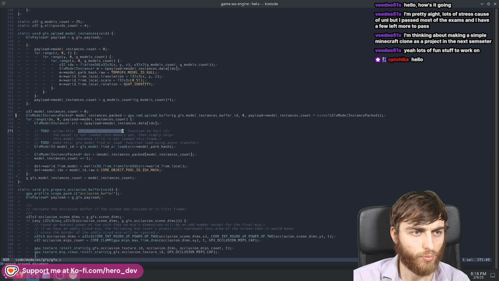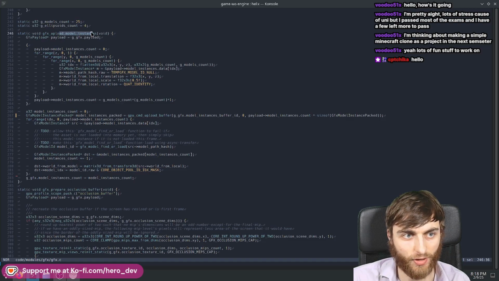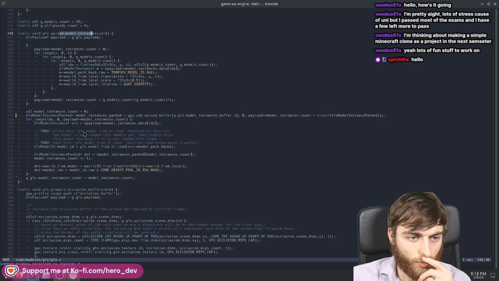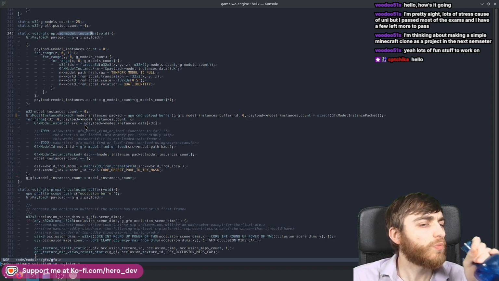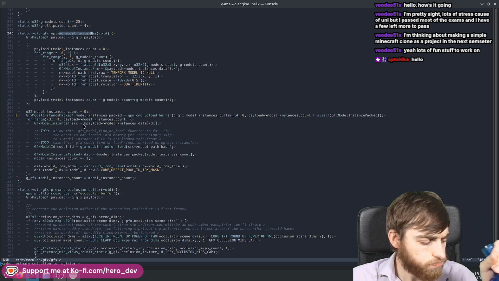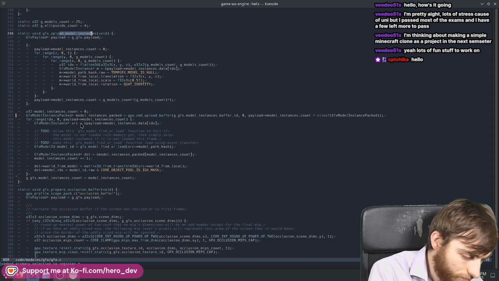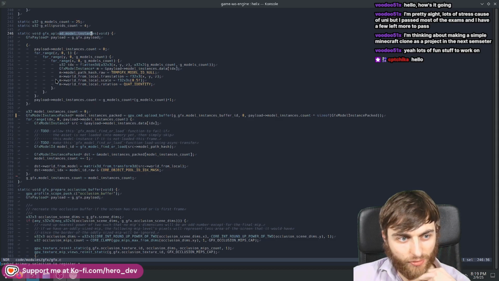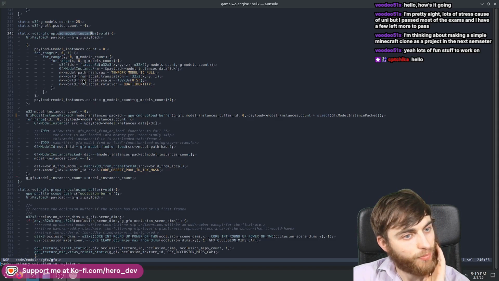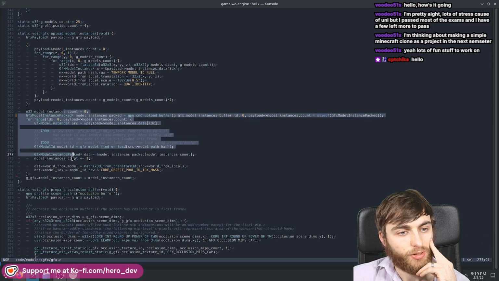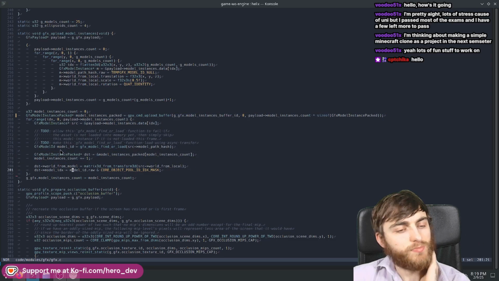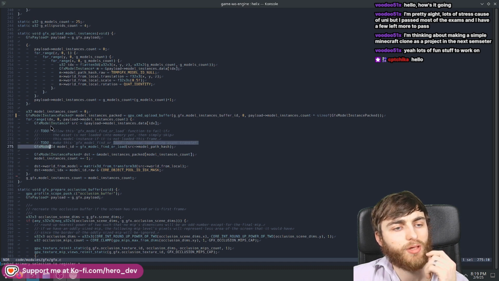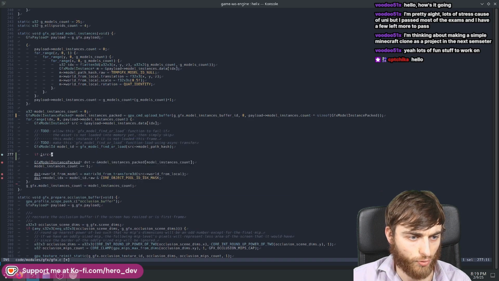So now when we do this upload model instances at the start of the frame, we are going to, so yeah, this is just code generating some instances that will be passed from the game in the future. This goes and uploads them, and it should skip them if they're not loaded. So what we're going to do is go right here. We say if source